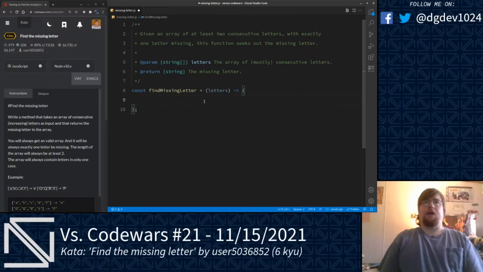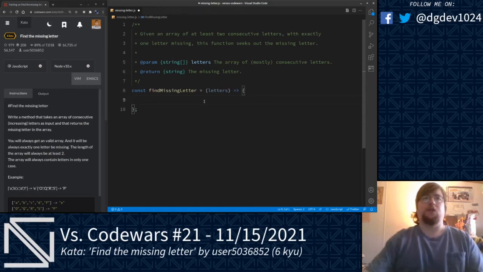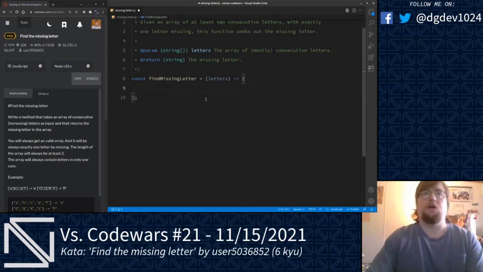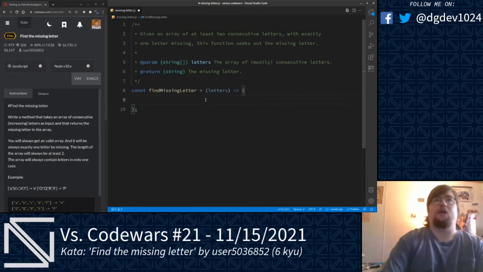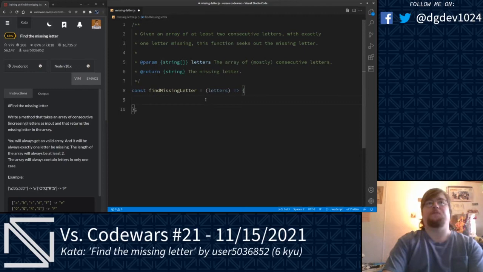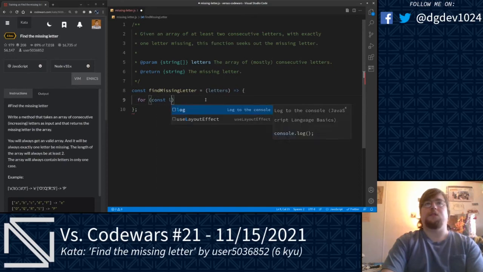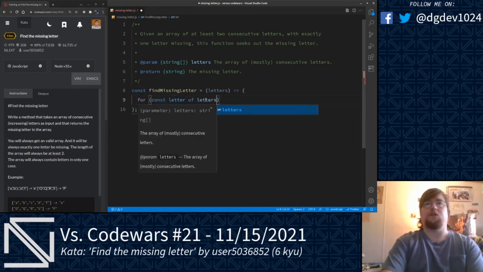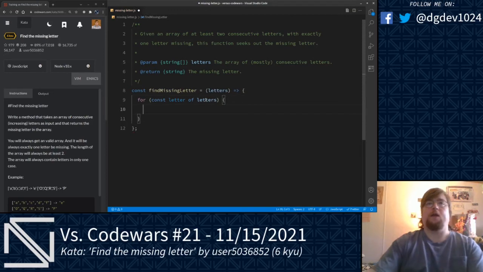Given an array of at least 2 consecutive letters with exactly 1 letter missing, the goal of this kata is to seek out the missing letter. Let's go ahead and give this a try here. And what I think we'll go ahead and do is, for const letter of letters, we're going to iterate through our letters array here, and what we'll go ahead and do is